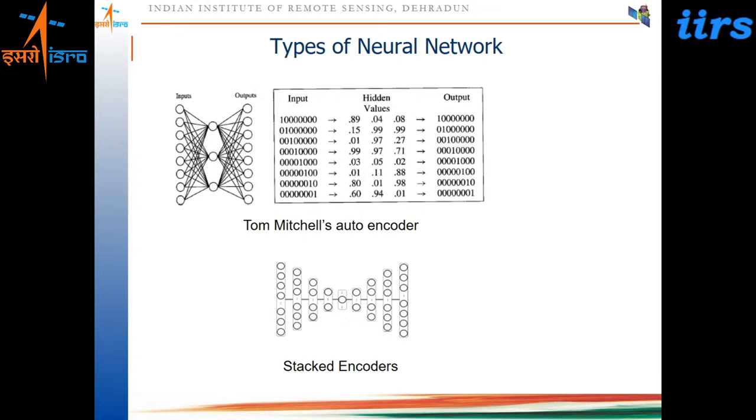In that case, we can create multiple stacks of encoders. In this case, the output layer and input layer will be identical in terms of number of nodes, but